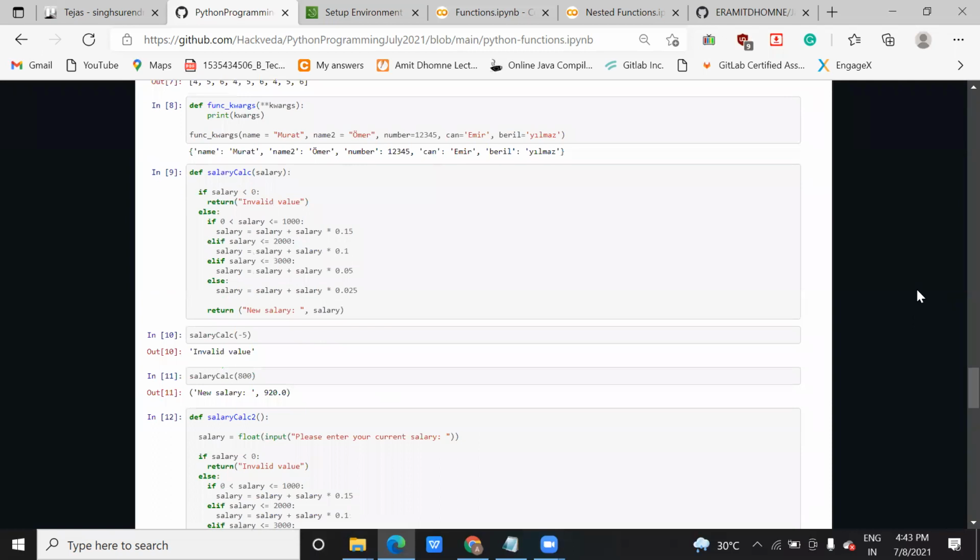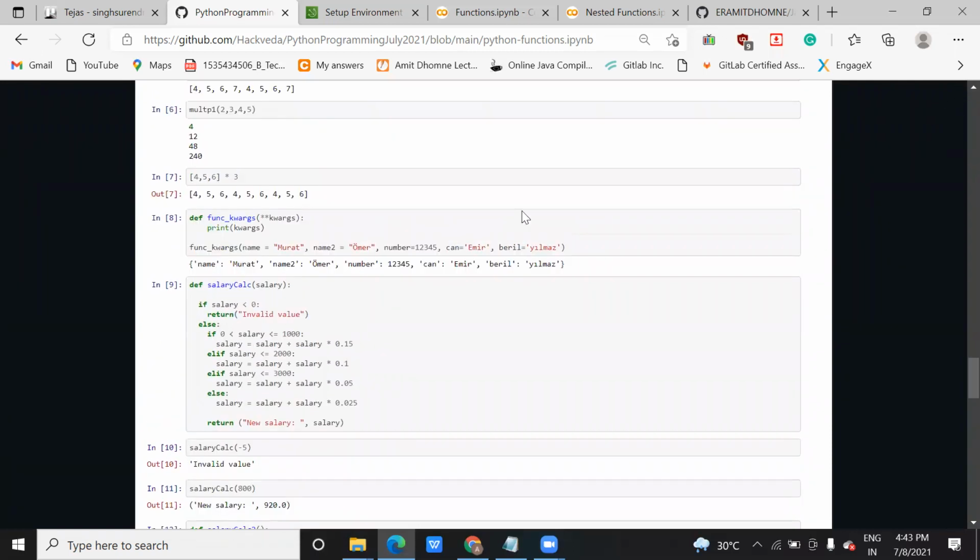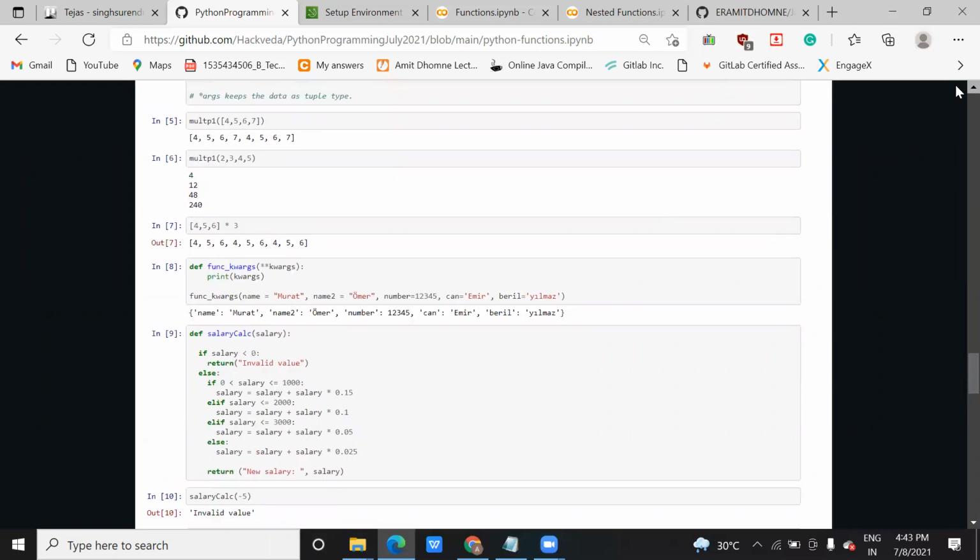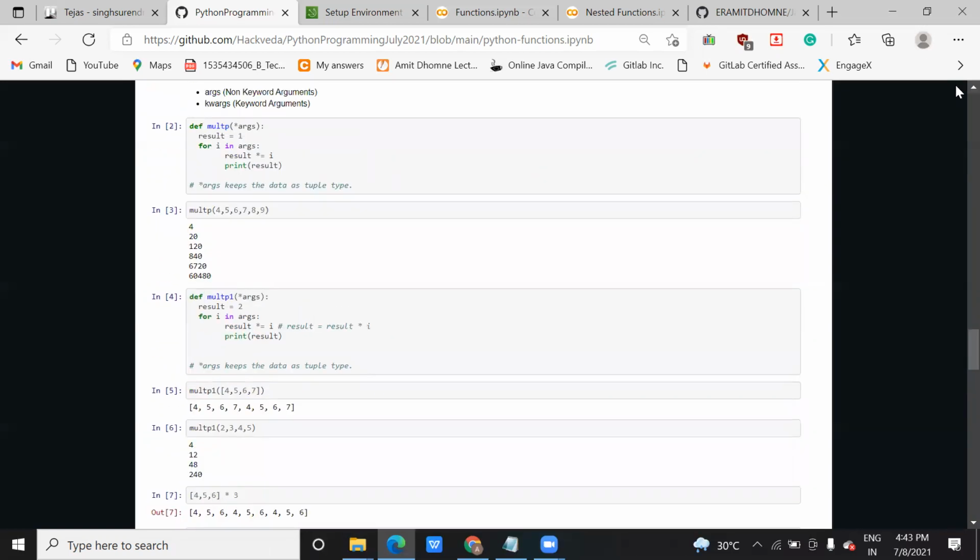What is a keyword argument? So when we entered 4, 5, 6, 7, 8, like that six values, what is that args now? Is it a list or a tuple? This is only the set of values. This is not a tuple. Tuple in the sense what?